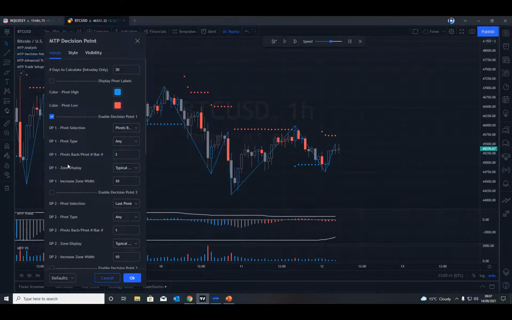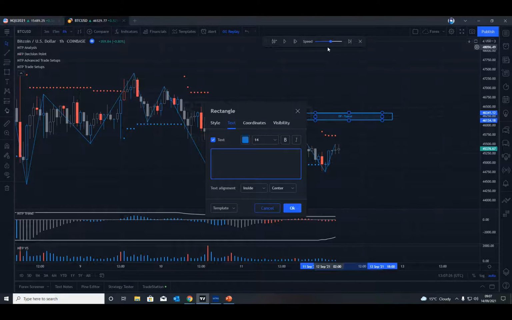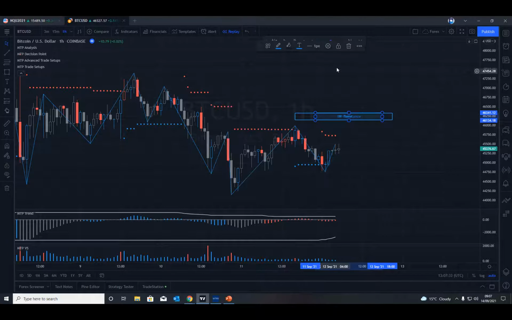Then I'm going to click the enable, and as you can see, it placed the DP on the chart for you. Now, what I do to keep it on the chart is I'll just do a little rectangle around it. So I'm just going to grab a rectangle, put a rectangle around it, perhaps put in a title. Then I'm just going to lock it. Now I lock it so it doesn't move by hitting it with the mouse by accident. Now, the reason we do this is because when we change timeframes, we don't want the script to recalculate.